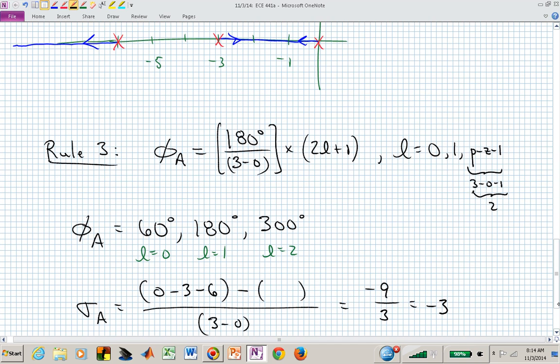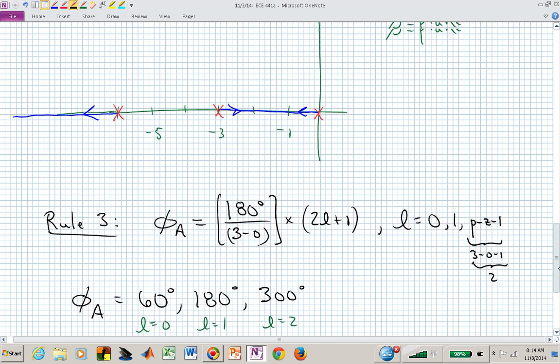Just coincidentally, the centroid is right on top of one of those poles, just because of the symmetry of those 3 poles, 0, -3, and -6. The centroid is not always going to be right at a pole. Don't be misled into thinking that way. We now can sketch